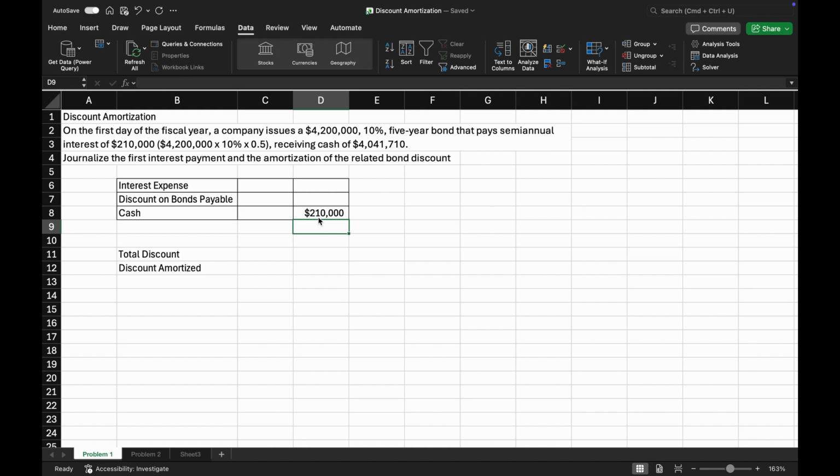Next, discount on bonds payable. So, bonds payable is always going to be recorded at face value, and any difference that exists is reflected in a premium or discount account. Since the company received cash less than the face amount, the difference is recorded in a discount account. To find the discount amount being journalized, we must first subtract the amount the company received for the bond from the face amount. In this case, that'll be